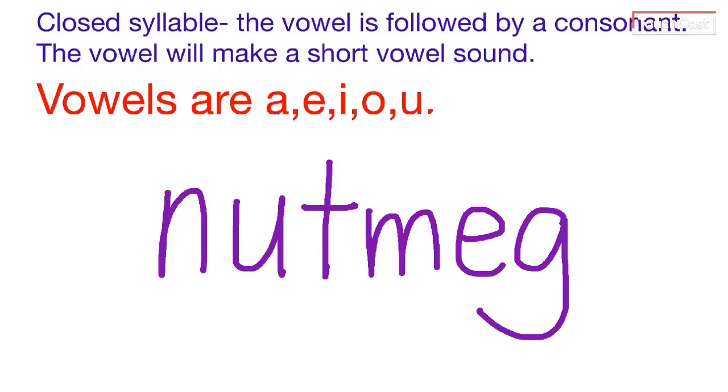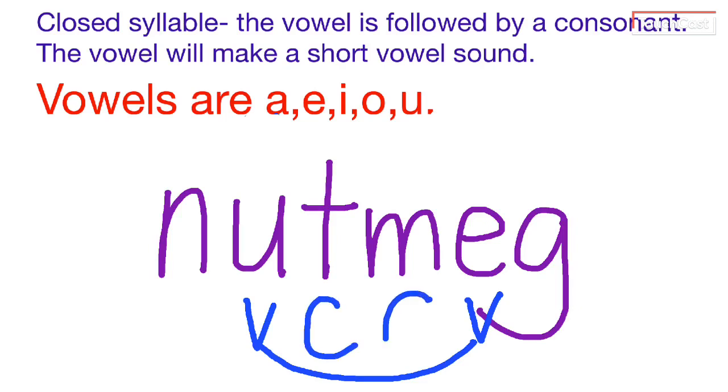Okay, let's go ahead and try another word. Again, we're going to start off by finding the vowels in our word. So here I have a U and I have an E. Build my bridge between the two vowels and look at your bridge to determine which two letters are your consonants. In this case, I have the T and I have the M. Remember, if you have the vowel, consonant, consonant, vowel pattern, you are going to break the word in between the